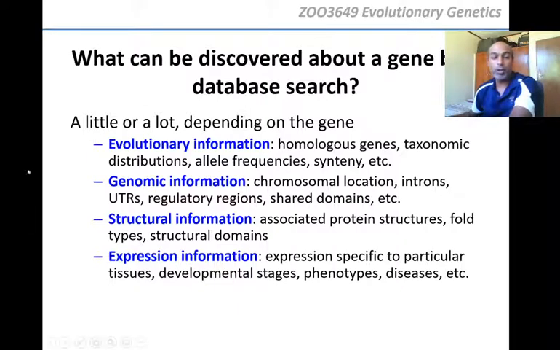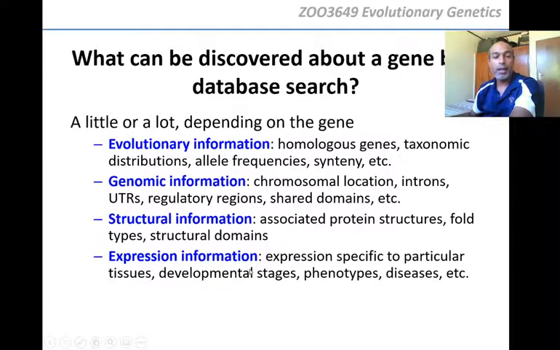Expression information you will get from, of course, RNA-seq data, transcriptome data. Structural information you will get from protein data. Genomic information you'll get from NGS data. Evolutionary information you'll get from genomic and all of the other data